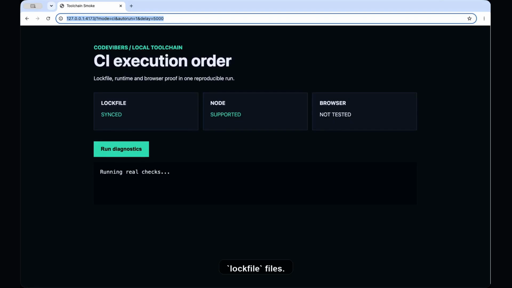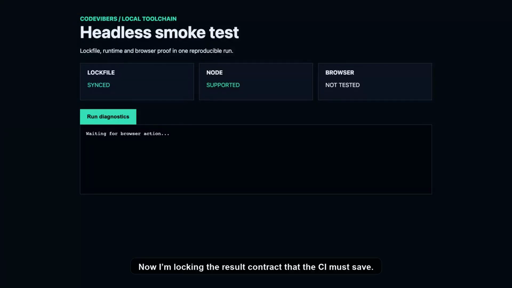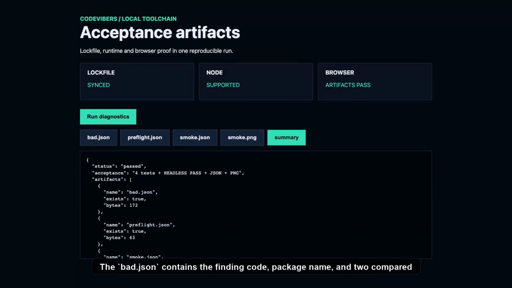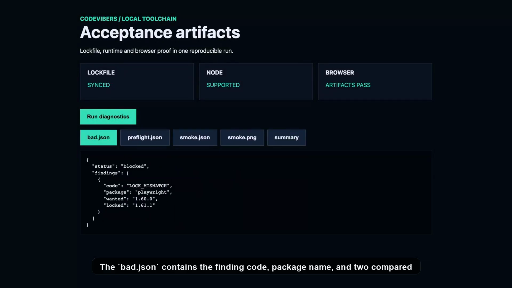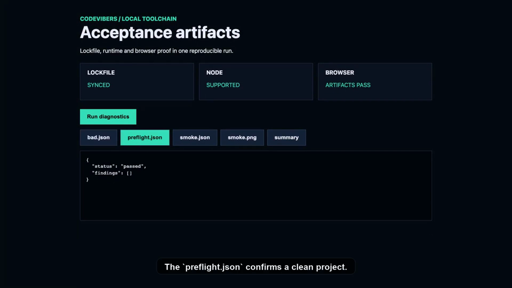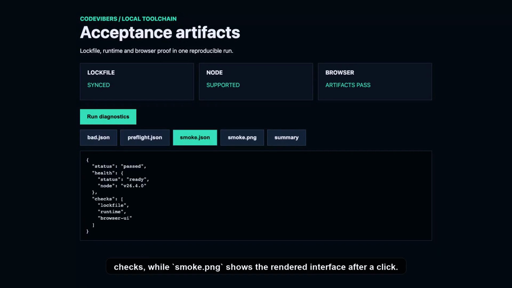I verify the outcome with npm test, then run npm run demo. If preflight fails, is red, Chromium won't even start. Now I'm locking the result contract that the CI must persist. The bad JSON contains the finding code, package name, and the 2 compared versions. The preflight JSON confirms a clean project. The smoke JSON stores the health endpoint response and the 3 browser checks, while smoke PNG shows the rendered interface